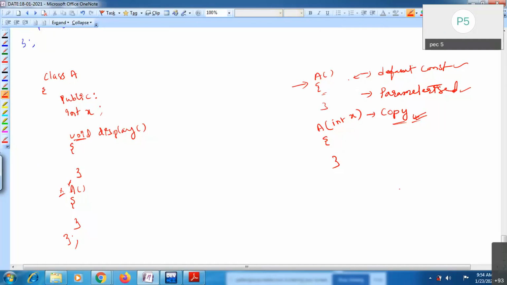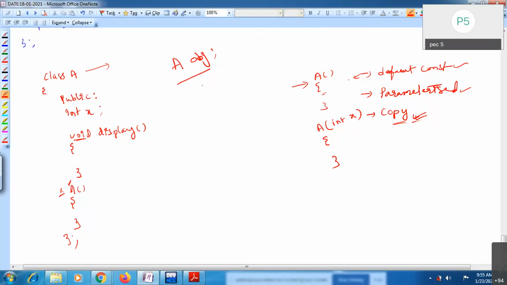Constructors are used to initialize your objects. For example, if I create one object for this particular A, how can you create it? Class name is A, space, object name, obj. This is the way you can create one object. Once you create this object, by default the default constructor is going to be called.